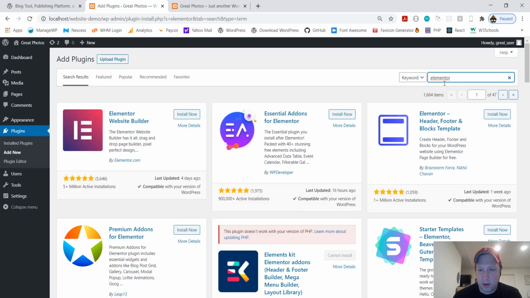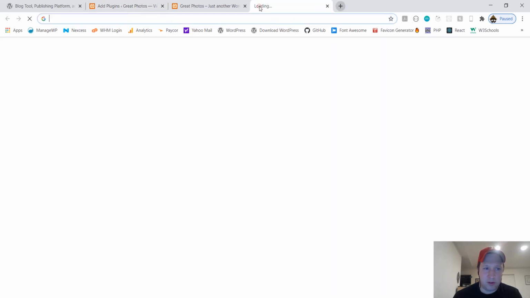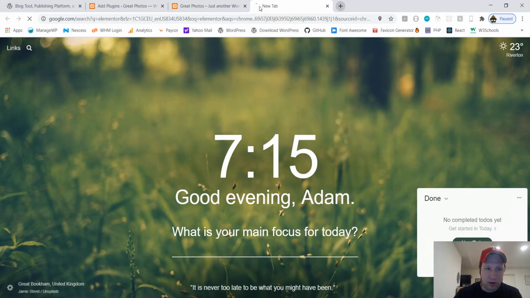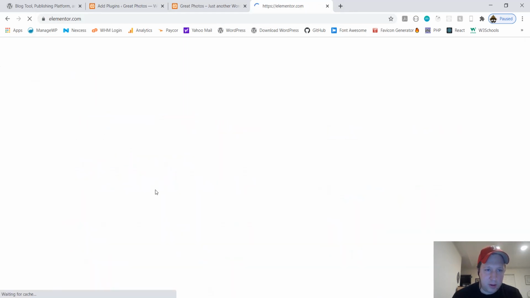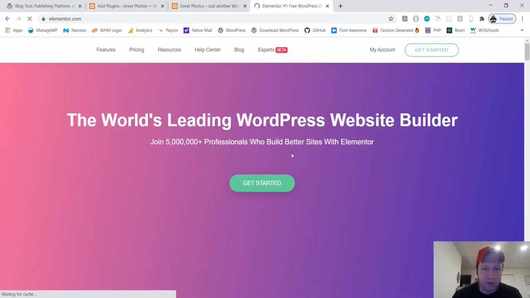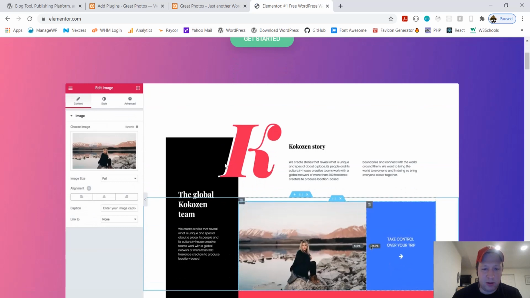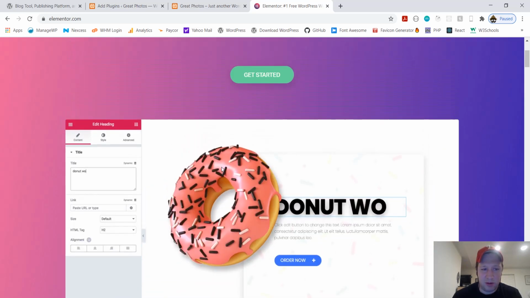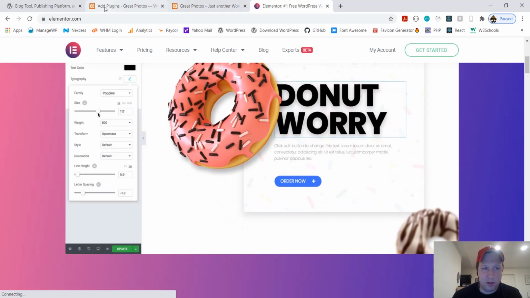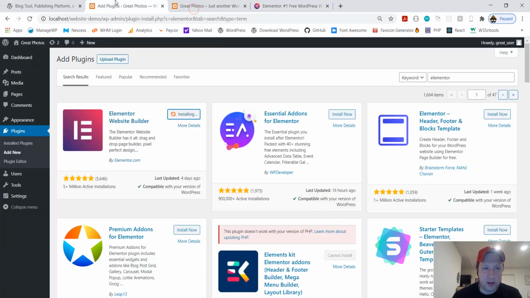And it's this one right here, Elementor Website Builder. Now, what Elementor is, I'll show you. It's basically a click and drag interface for building websites. There's a few of them out there, but Elementor is one of the best and easiest to use. So you'll see when we get into it. It's really easy to use and friendly, even if you're not used to using